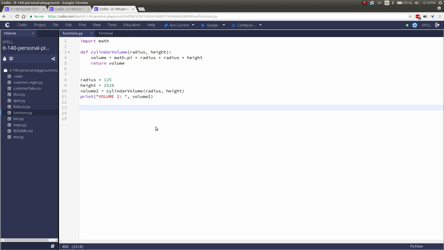Now we created the function so that it would be easier for us to calculate the volume of cylinders over and over again and not have to rewrite so much code. So if we wanted to now calculate the volume of more cylinders, all we have to do is call that cylinder volume function again. We can actually do something called function composition, where we can take one function and use it as a parameter to another function. So in this case, we're going to take the function print, and we're going to say